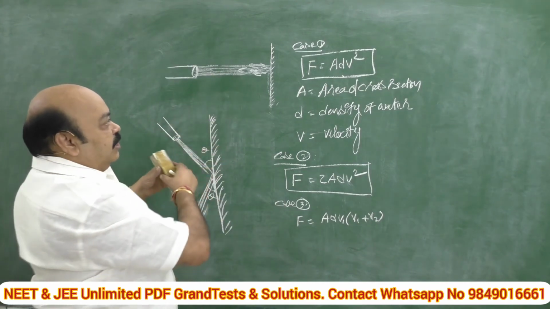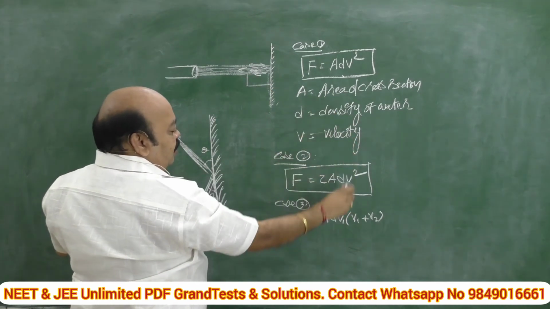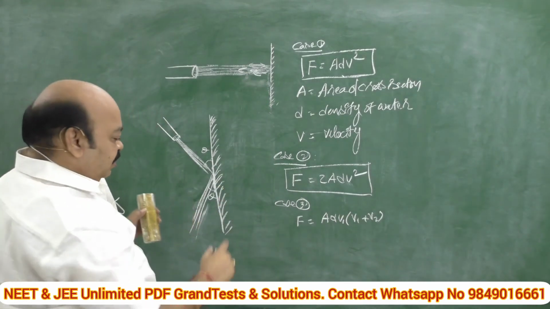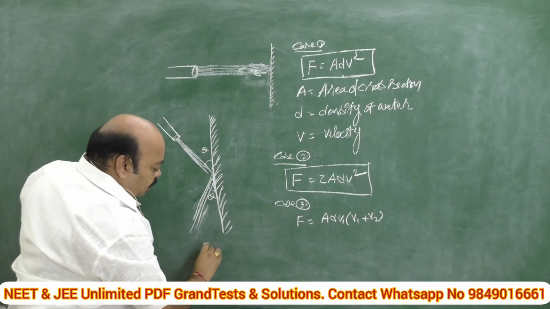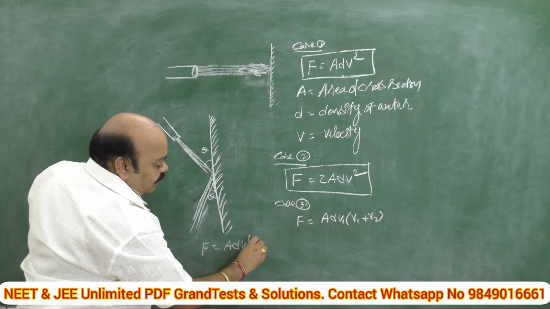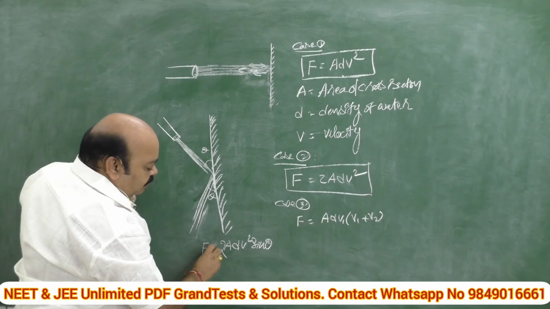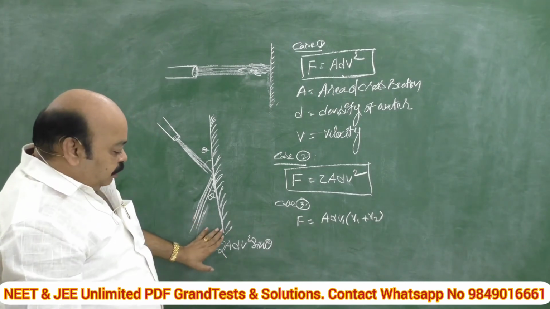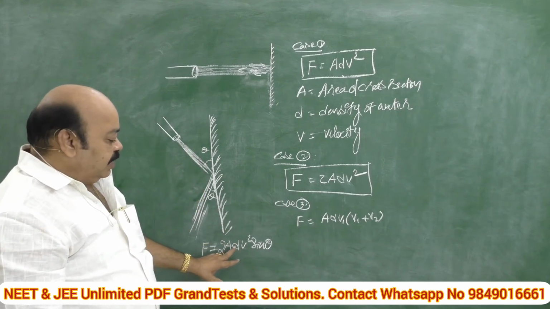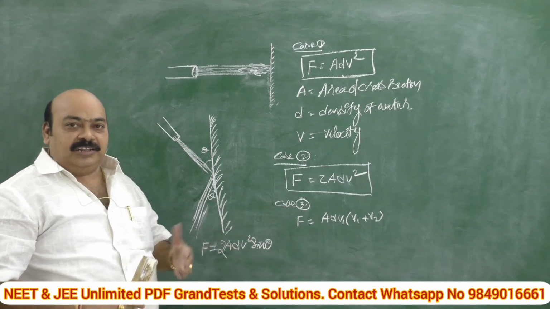See, here normally means mathematically 90 degrees. If we substitute the value, once again you get the same value. Check it. The force exerted on the wall, F, is nothing but A d v square with the sin theta value. If it rebounds, it is 2AdV square sin theta. If it does not rebound, only AdV square sin theta. You have to cross check yourself whether it is correct or not. It is also in our hands.